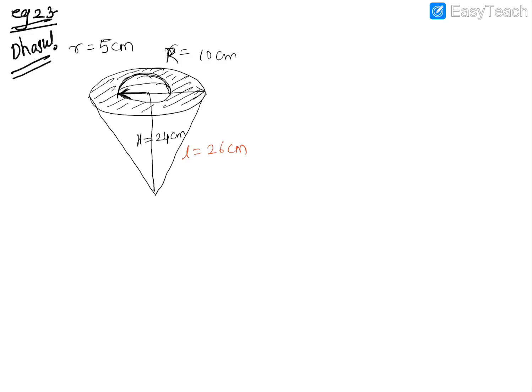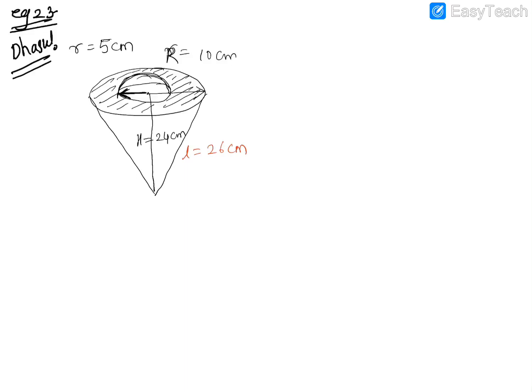Now, guys, we need to find out what first. You only have to find the TSA. There is no volume. But if they would have asked volume, it was easy, guys. We had to do simply volume of cone plus the volume of hemisphere. But they are asking us to calculate the TSA. Now see how to calculate TSA of this.